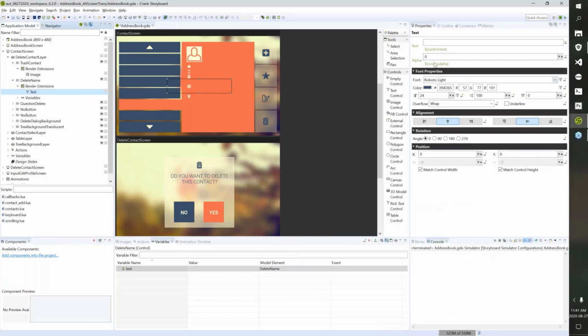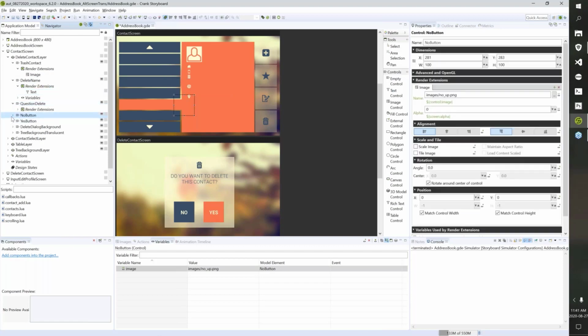So now I've got this screen alpha variable tied to that render extension's alpha value. So when I change that screen alpha value, the alpha value for that render extension is going to change. And I did this for every single render extension on here. And I know that sounds like a lot, but it really wasn't that bad, because all I had to do was sort of expand these out